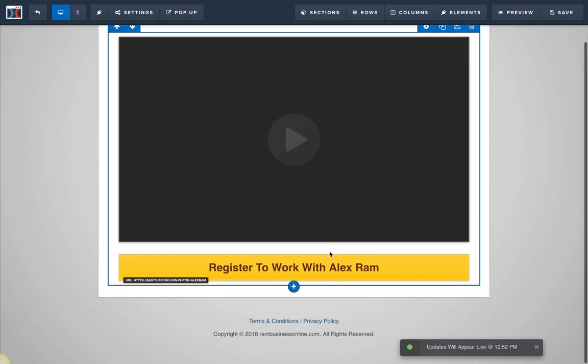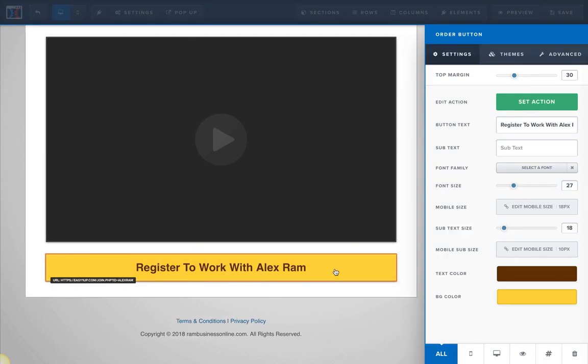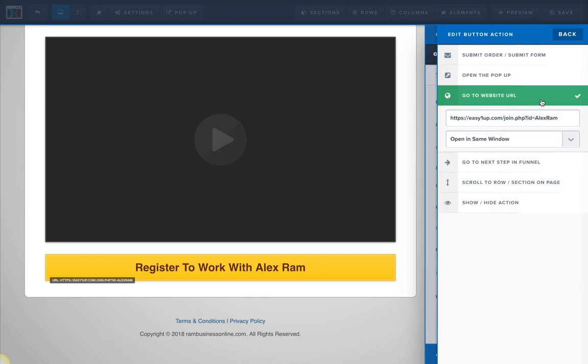The second setting, you click here on the yellow button and go to set action, and on set action go to website URL. You're just gonna replace this link with your link. So here is supposed to be your username, not Alex Ram. If you're gonna leave Alex Ram in here, you're just gonna send me more clients, and believe me, I'm doing well without your clients. So please change this, putting your own